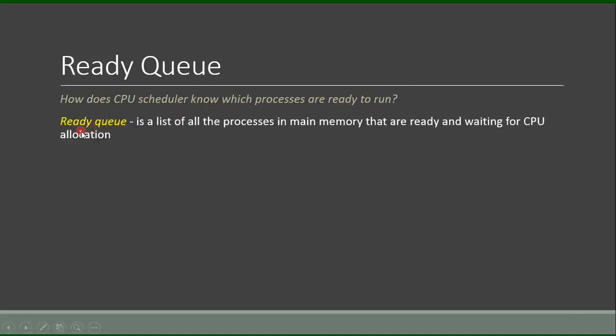The answer is the ready queue. The ready queue is a list of all the processes in the main memory that are ready and waiting for CPU allocation.